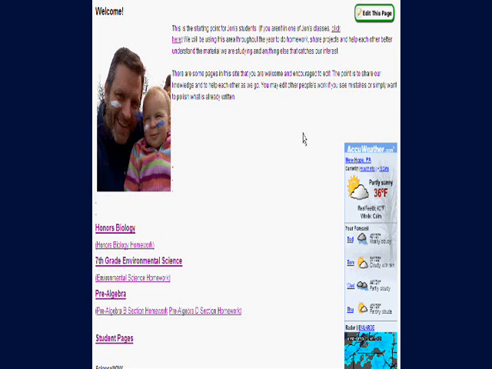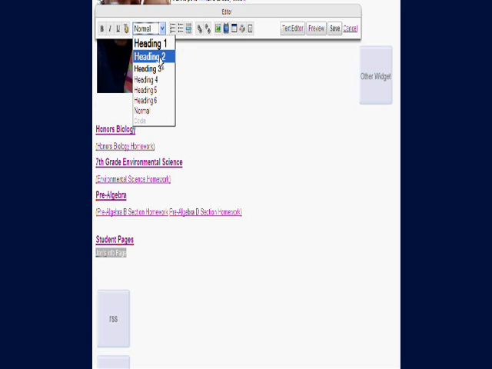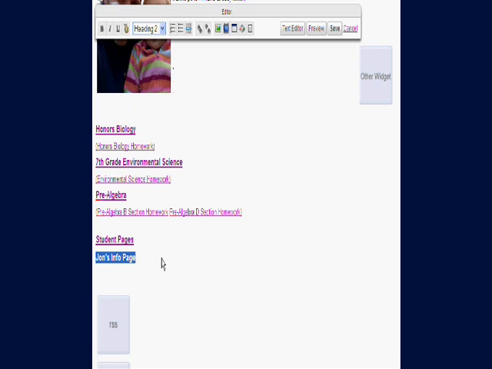You will have to edit your page, so you just go ahead and click edit. And I'm going to create a page for my information. We'll just call it John's info page. I want that to be a little bit important, so we'll say that level. And now comes the part where I'm going to actually turn what are just the words here, John's info page,